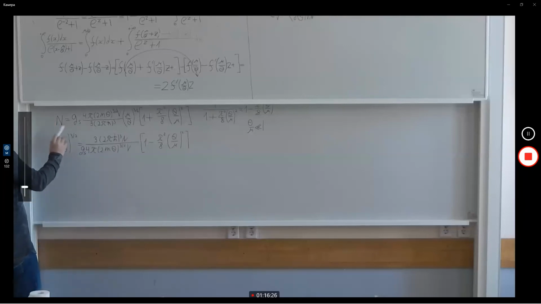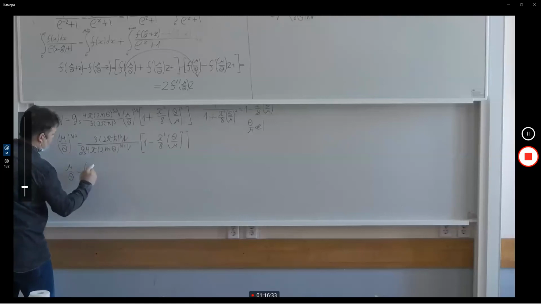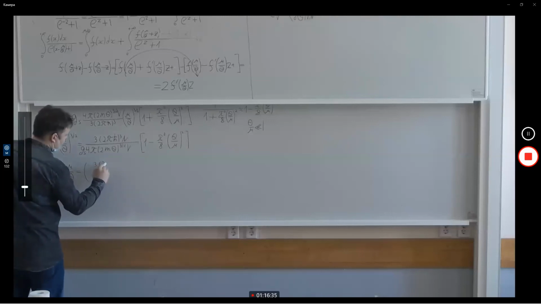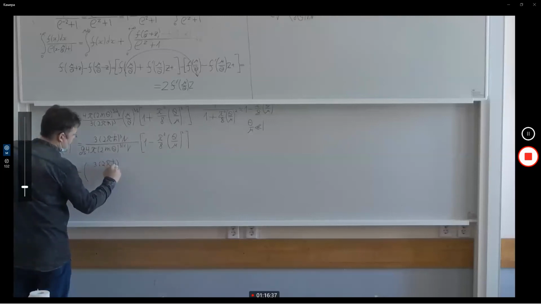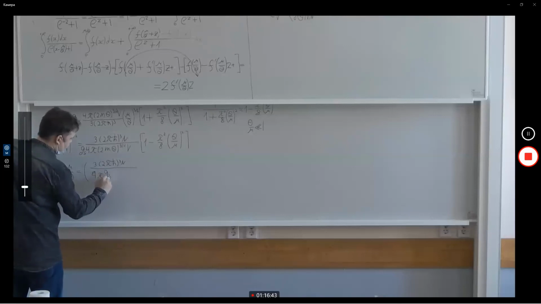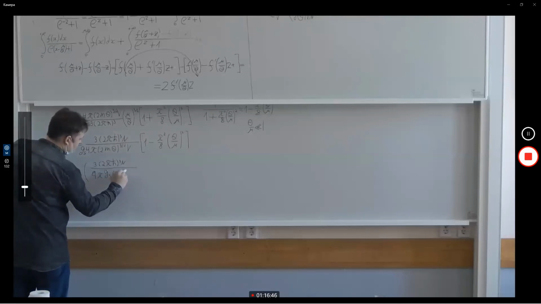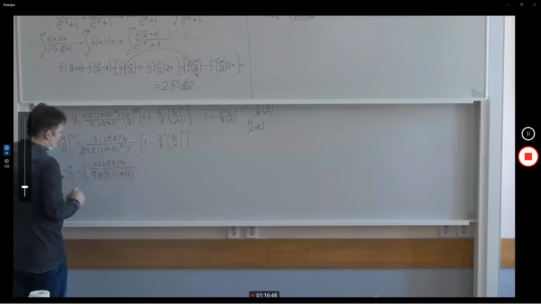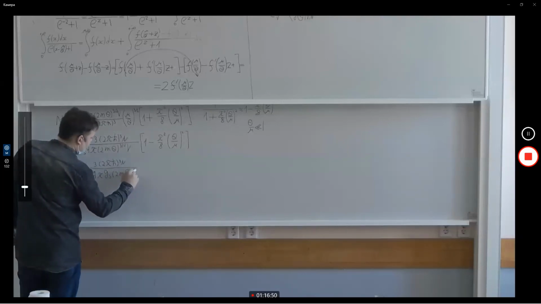And now I want to express μ over θ. It's 3 π ħ cubed divided by 4 g_s (2mθ) to the power 3/2